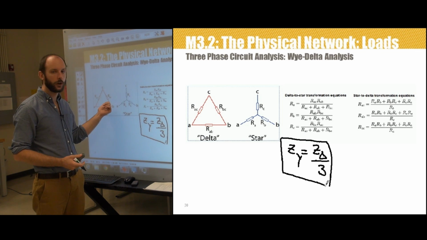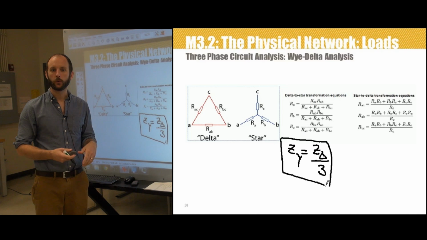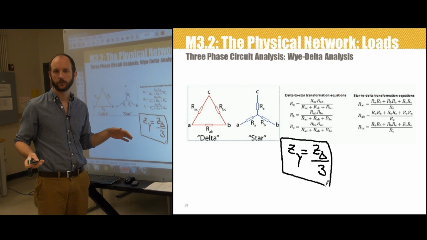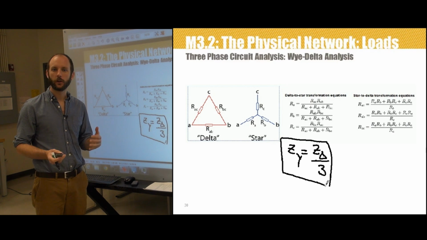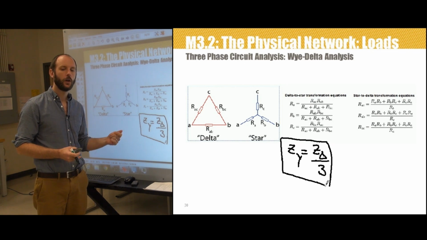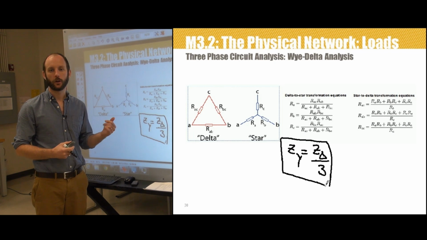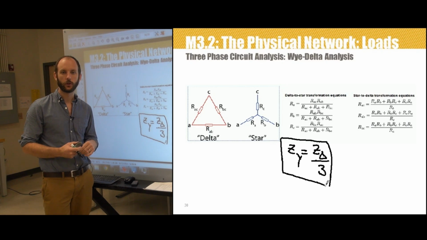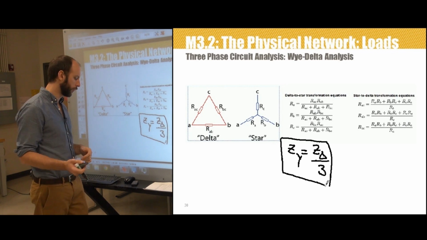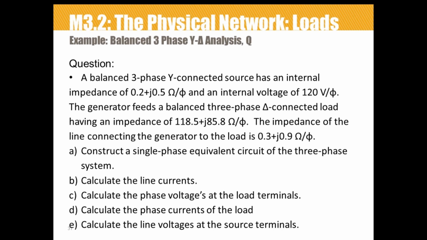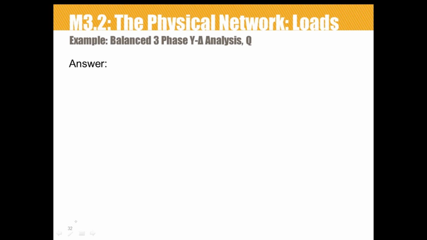After the delta load has been replaced with its Y equivalent circuit, we can perform an analysis using the single phase equivalent that we just showed, exactly the same method. Once we've calculated the line currents in the transformed circuit, we then use the line currents to find the currents in each leg of the original delta load using the relationship previously defined. Okay, so now we need to do an example of this Y delta